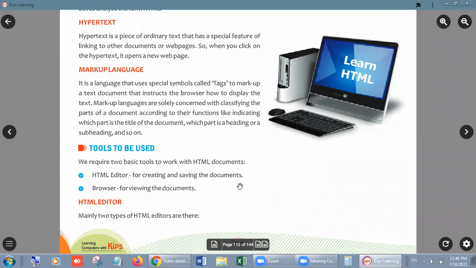Then two software are required. Number one, an HTML editor, and this time we are taking Notepad. Secondly, a web browser, and for that we are taking Internet Explorer, which is totally free and pre-installed whenever you purchase any computer. It is free software of Windows, right? So Internet Explorer and Notepad are both part of Windows. Clear? So there is no need to install them from outside. They are pre-installed on your computer and most convenient for the HTML program.